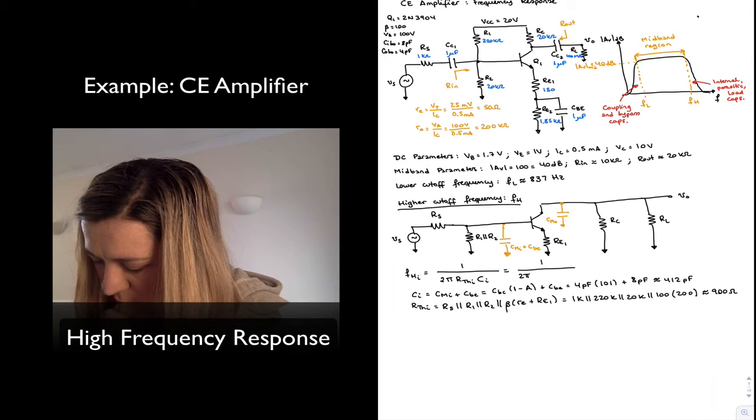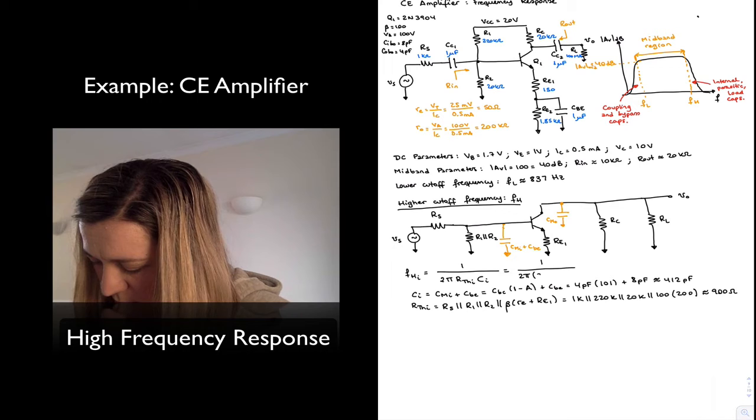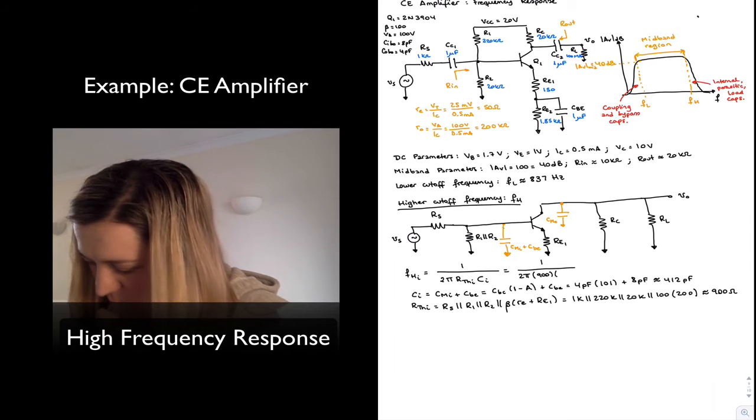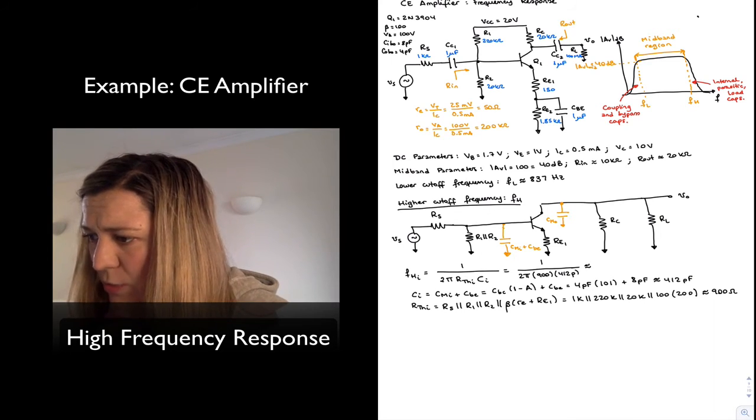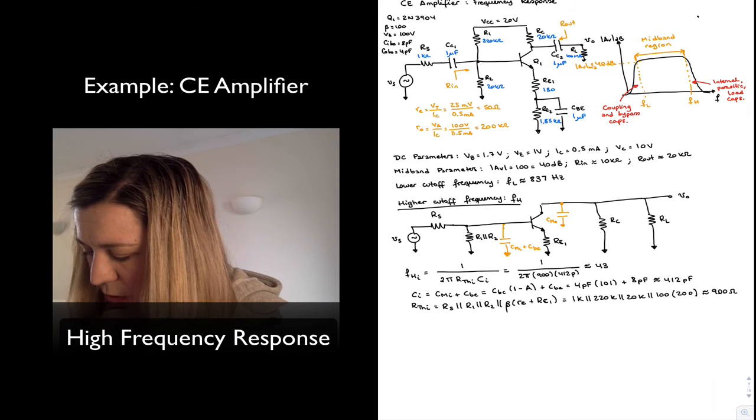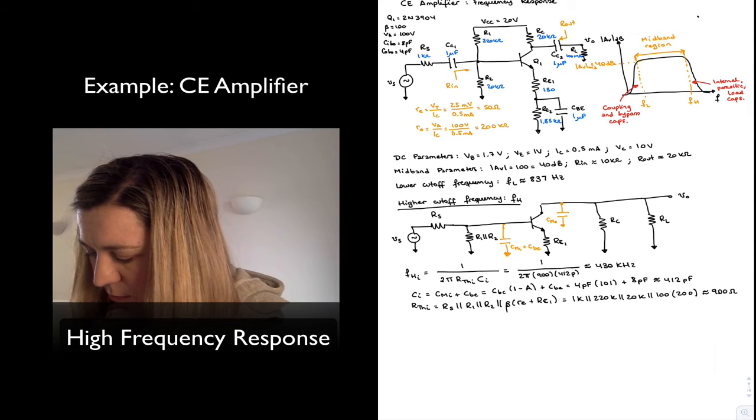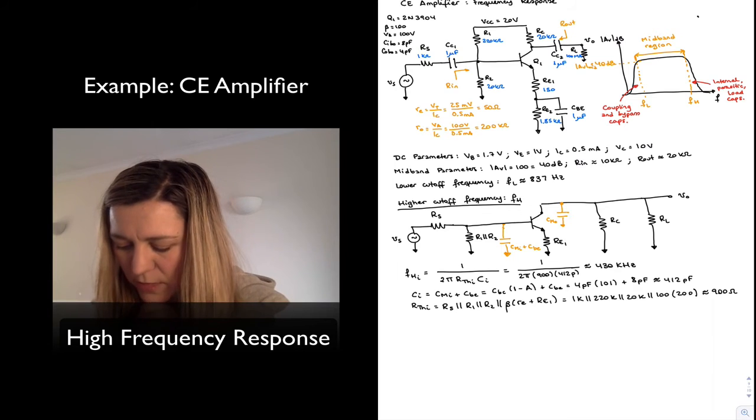1 over 2 pi times 900 times 412 pico. And that's approximately 430 kilohertz. And finally,